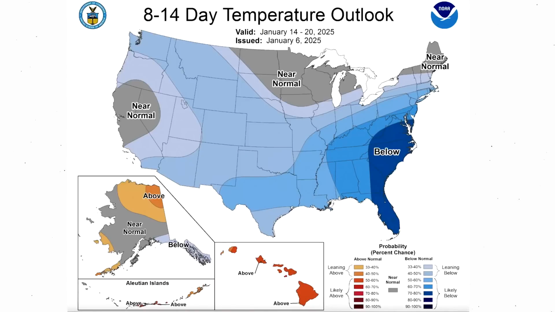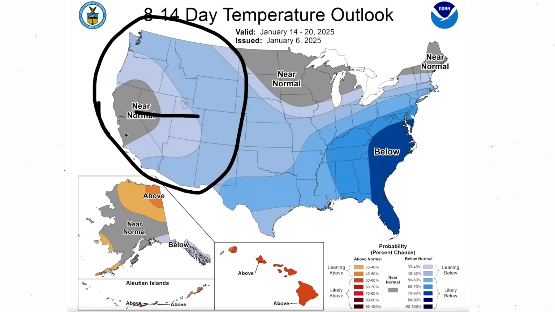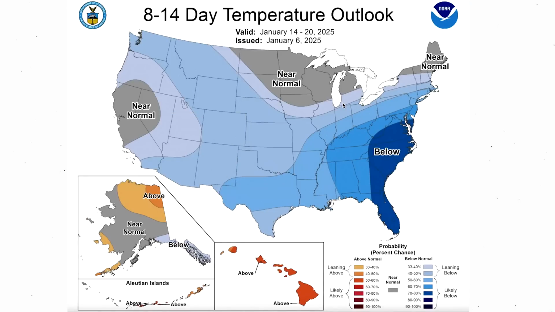8 to 14 day outlook. This is going to be for the 14th through the 20th, once again issued yesterday on January 6th. We continue to see the coldest area be the southeast here, and actually, if we're being realistic, it does kind of extend into the south central states still. So not a huge change other than the fact that we continue to cool for the west, more of a negative PNA look, which doesn't really impact the east that much, which, as you know, has been a huge, very impactful thing, but really not able to disrupt the cold in the east, at least from what's expected from the Climate Prediction Center here for the 14th through the 20th.